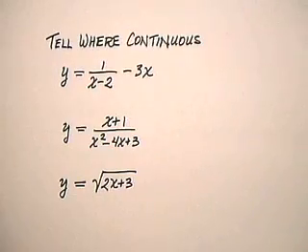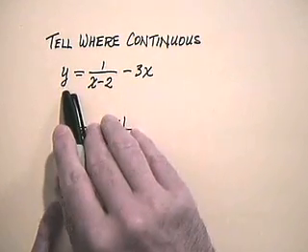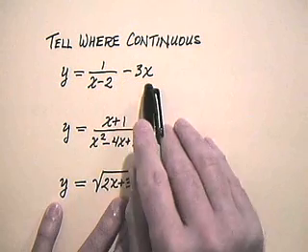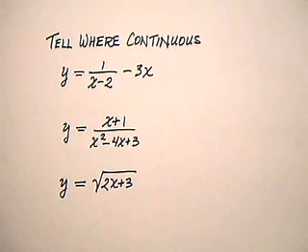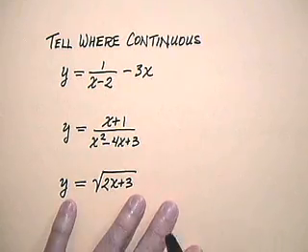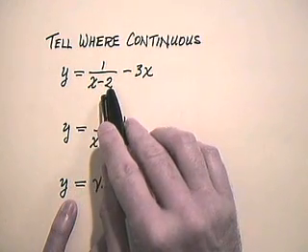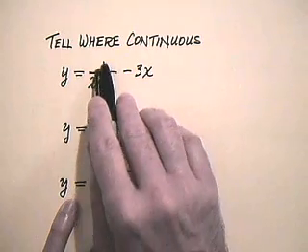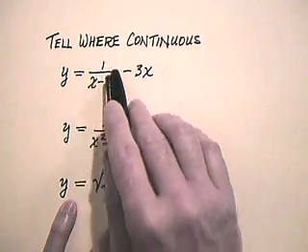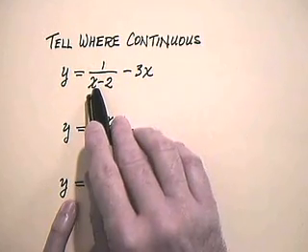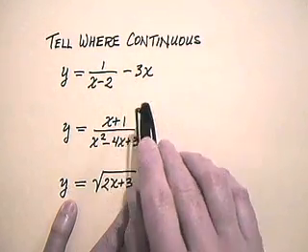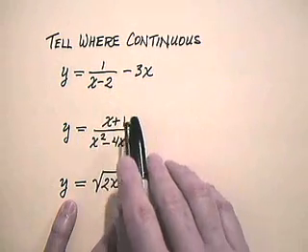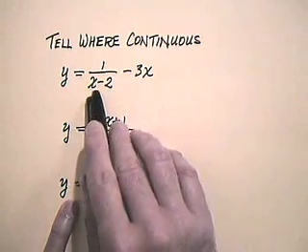Let's see how we can use our rules for combining continuous functions to get more continuous functions to apply to problems. Tell where continuous. Well, let's look at this expression, y equals 1 over x minus 2 minus 3x. So that defines a function of x. Where would it be continuous? Well, notice, as long as x is not equal to 2, then our quotient rule for limits tells us the first term has a limit at whatever value of x we approach. Likewise, the second term. So in effect, we're continuous on the entire domain of the function, which is all x